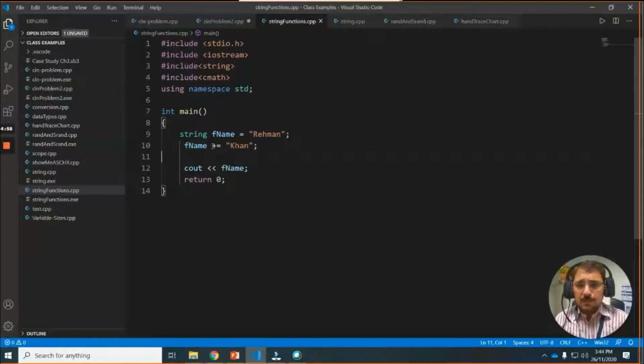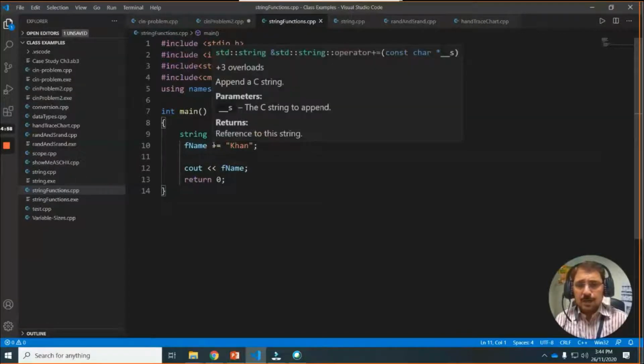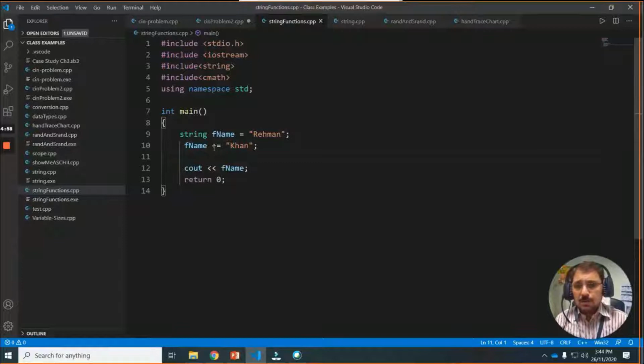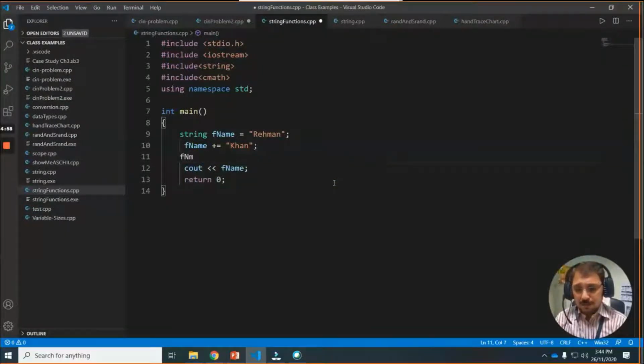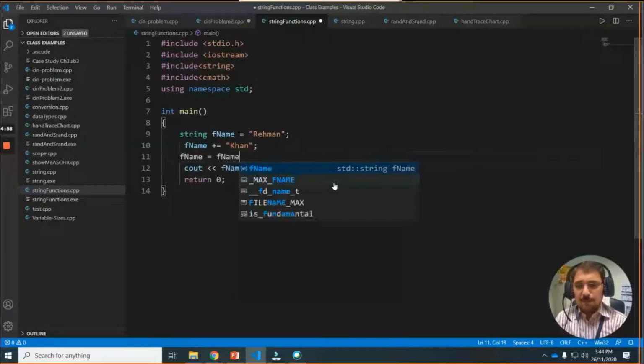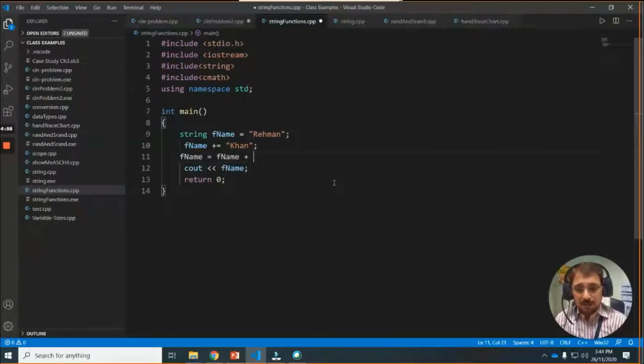So my point is that you can use the concatenation operator alone also. You can write like this, first name equal to first name plus something else. Line number 10 and line number 11 are both 100% the same.